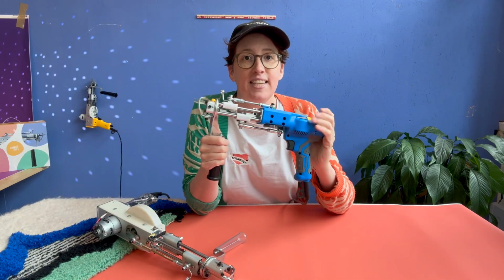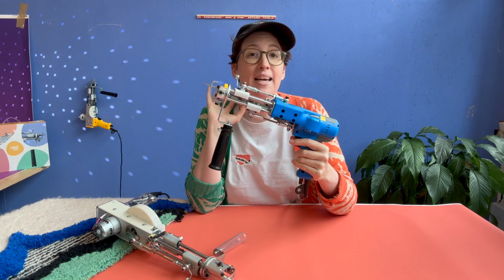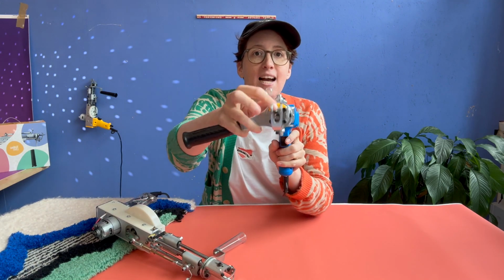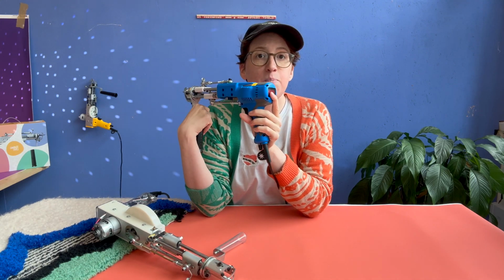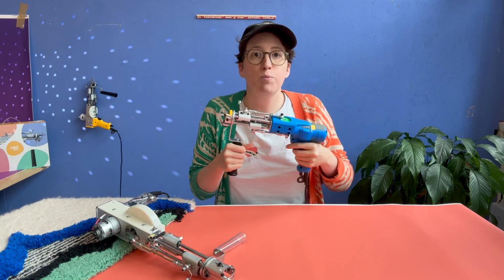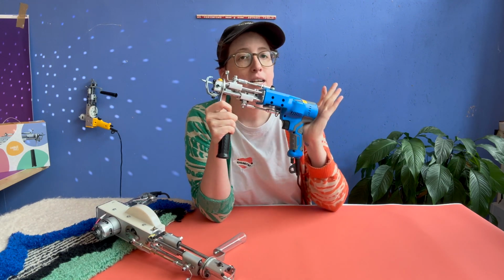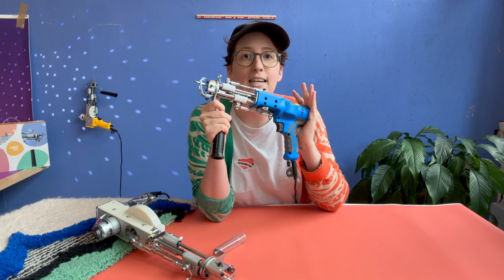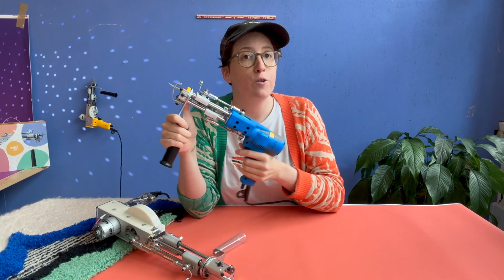pieces. The AK5 is our smoothest, most lightweight tufting machine, my absolute favorite because it has this tiny light in front here and it has a digital speed control in the back. It's super handy, super smooth to tuft with, and you can tuft the range between 7 and 17 millimeters, like all the regular basic tufting machines. This one is perfect for all beginners and advanced tufters and gives you a nice base level for your tufted